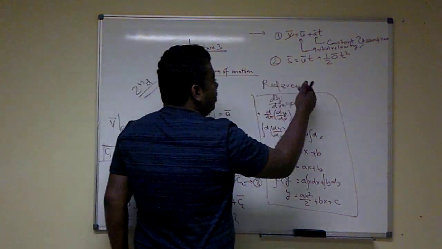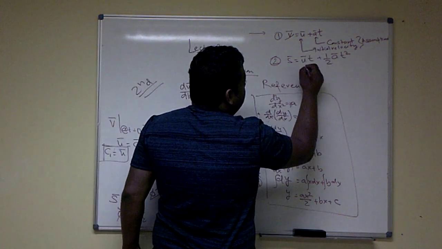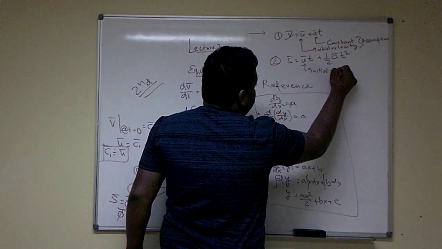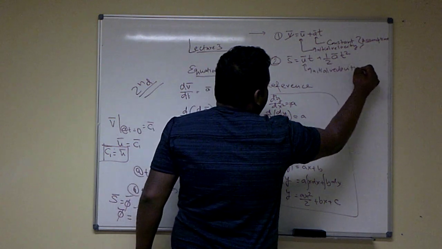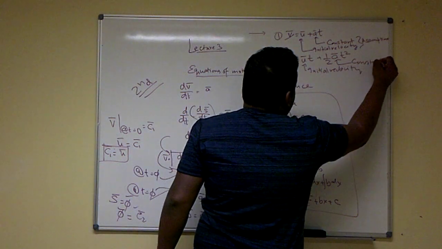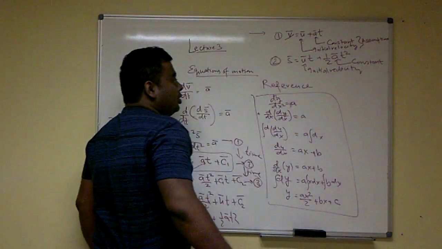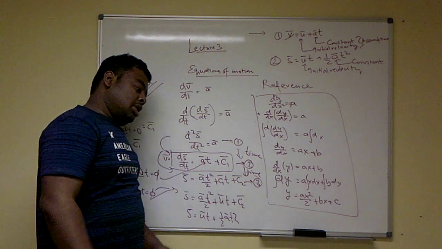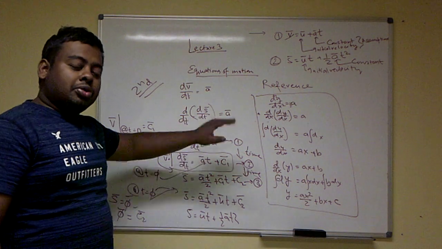But on this one, my u vector is again initial velocity. This acceleration vector is a constant acceleration vector, both in magnitude and direction. We'll come to